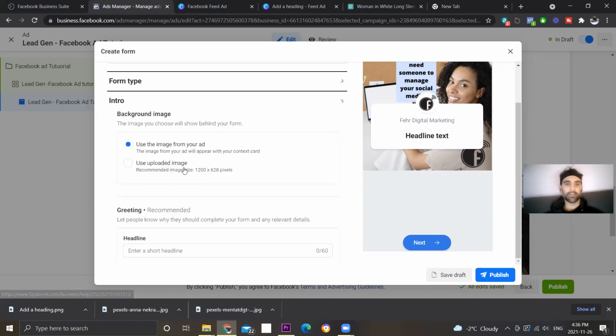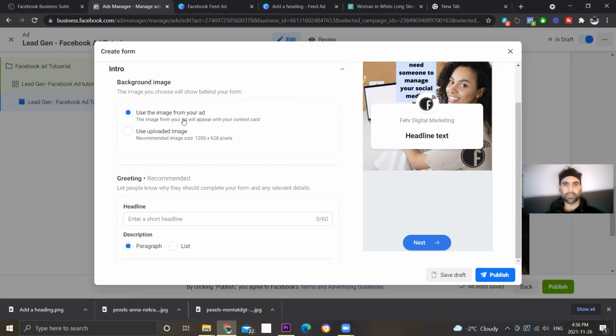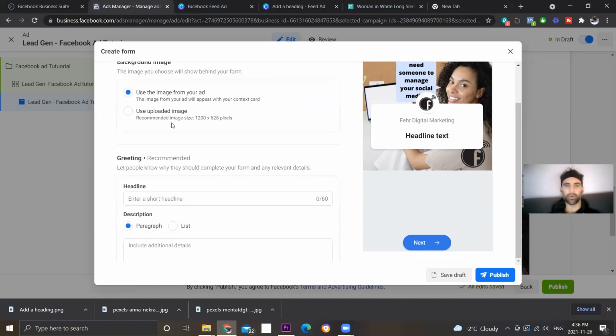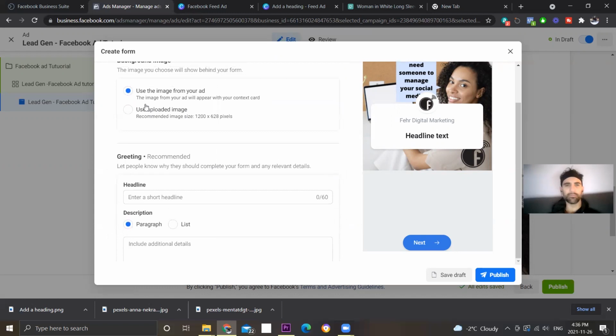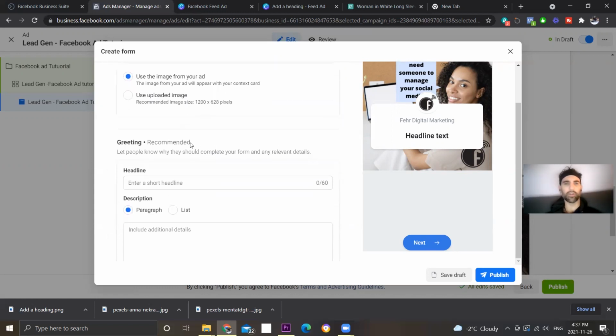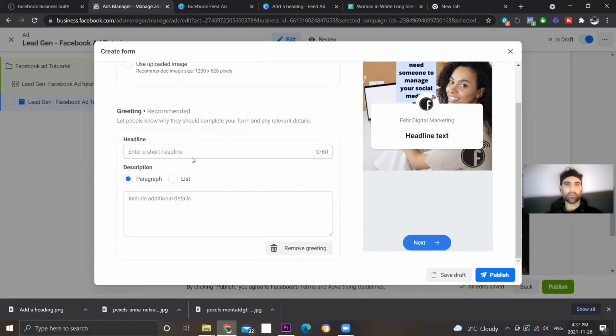So I'm going to go higher intent. Intro, use the image from your ad. That's what I'm going to do. Or you can upload a new image. I don't want to confuse them. I'm going to keep them on the same one so they know where they are. Greeting is recommended. So the greeting of the headline, you could say,